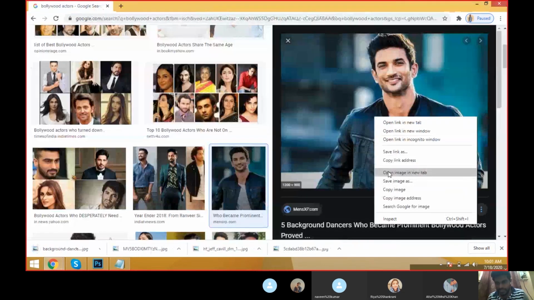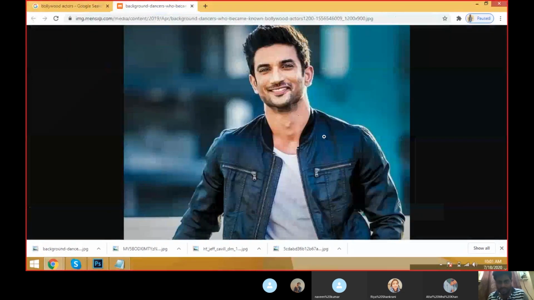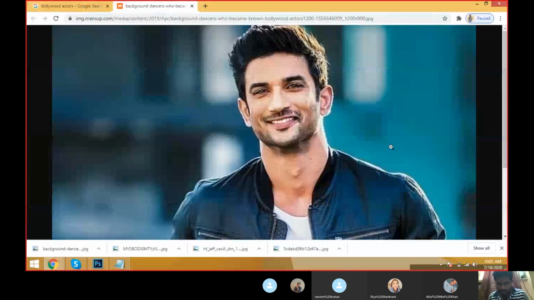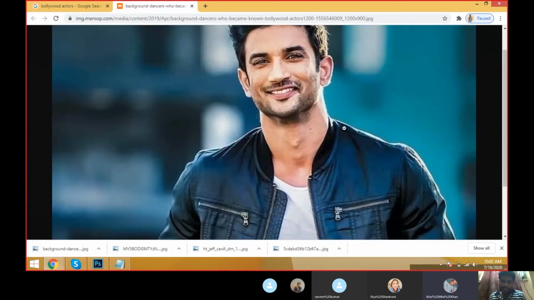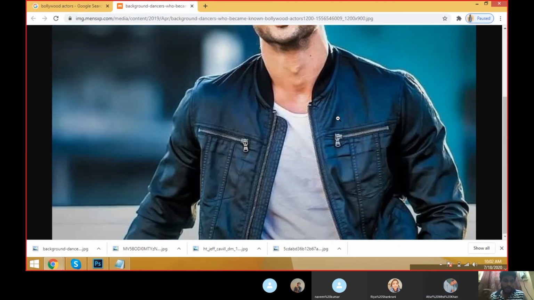See, when we are taking this image, did you find this image is a quality image? No. Why? Because we are seeing some blur format, and we are seeing the pixels. I'm seeing the pixels clearly on the edges. That's why it is not a clarity image. That's why you have to find what is a quality image and what is not a quality image.